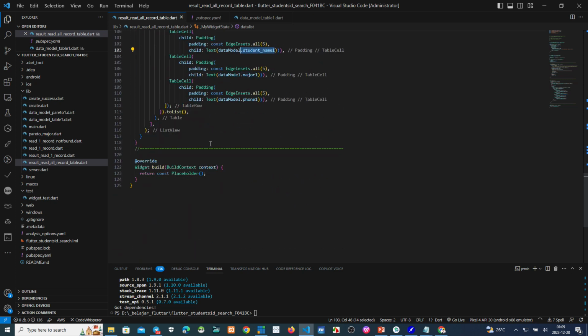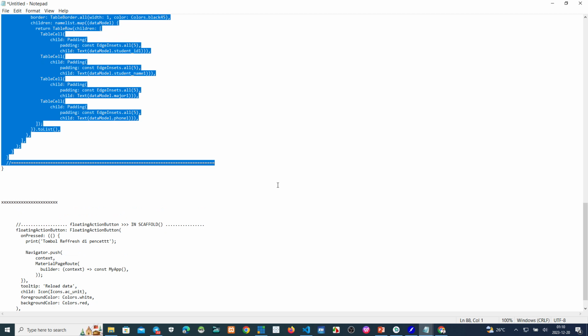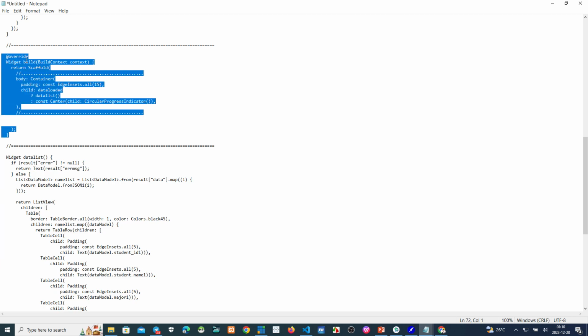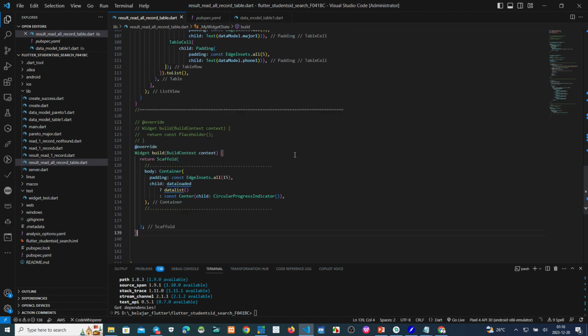Okay, after that, we make this to show the result on the Flutter table. Copy this one, you can see.